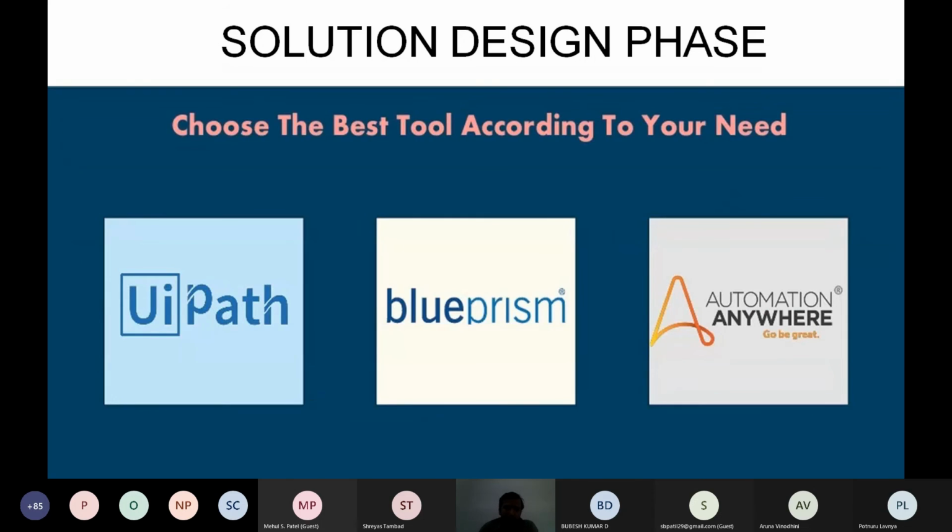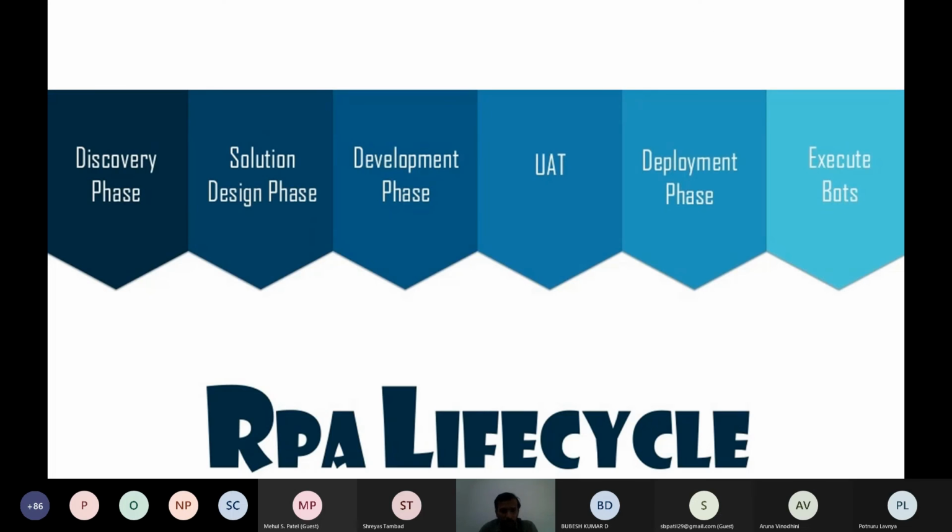So this is your solution design phase. You'll decide on the tool in this phase. So what is the tool I'm going to use? There are various tools to implement automation. Some of the tools are listed here. From these, it is completely your call what tool you are going to use, what experts you have in your workforce, and so on. So you'll decide the tool. So that marks the end of solution design phase. I'll just summarize.